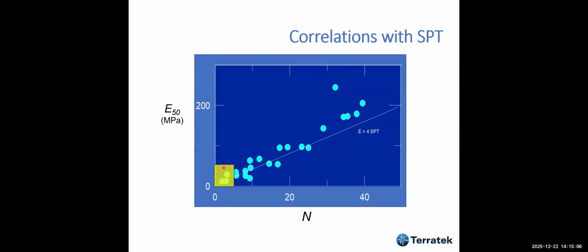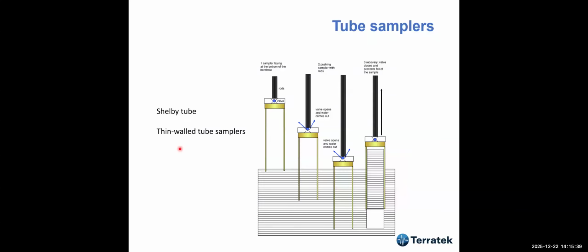It's almost impossible. Very soft soil will fall in this area, and if you have an SPT less than 5, it's almost impossible to get any good or reliable property with this. But if you have an SPT of over 10, or 20, it's possible that you can have an idea of what should be, for instance, the Young's modulus at 50% stress level.